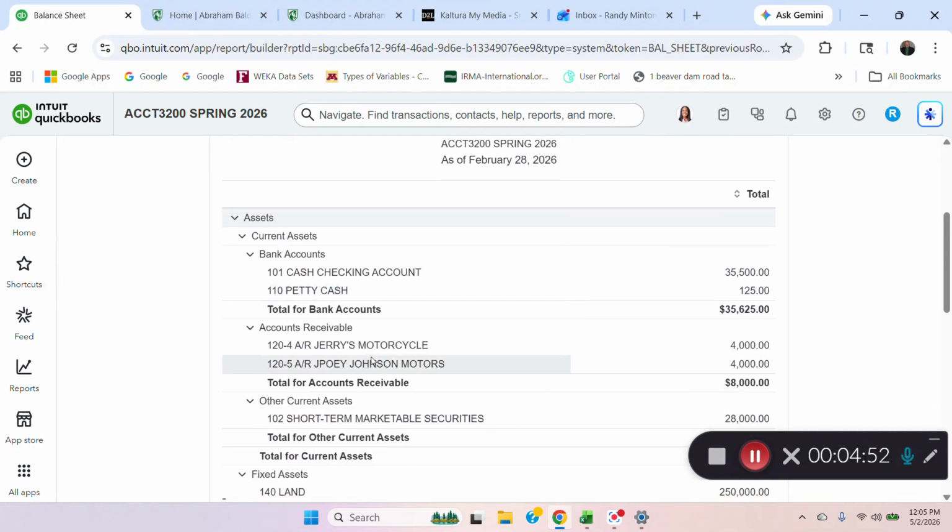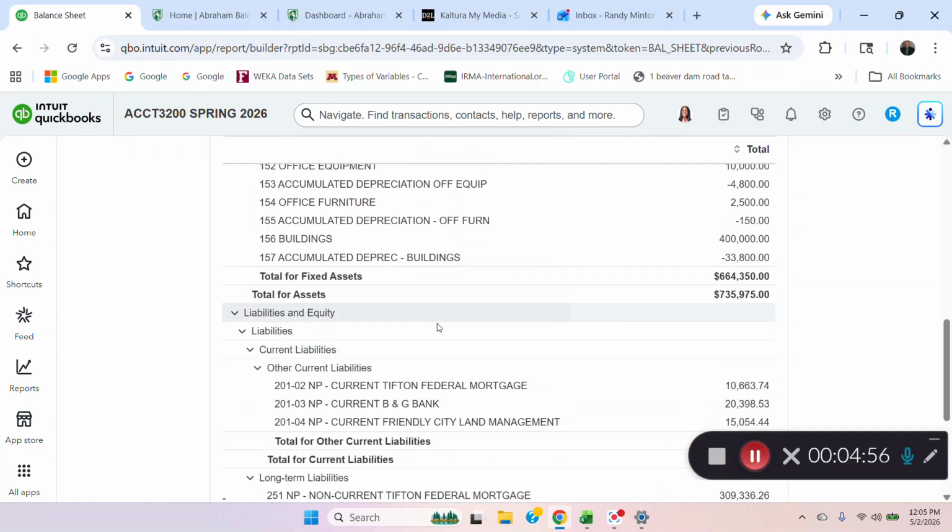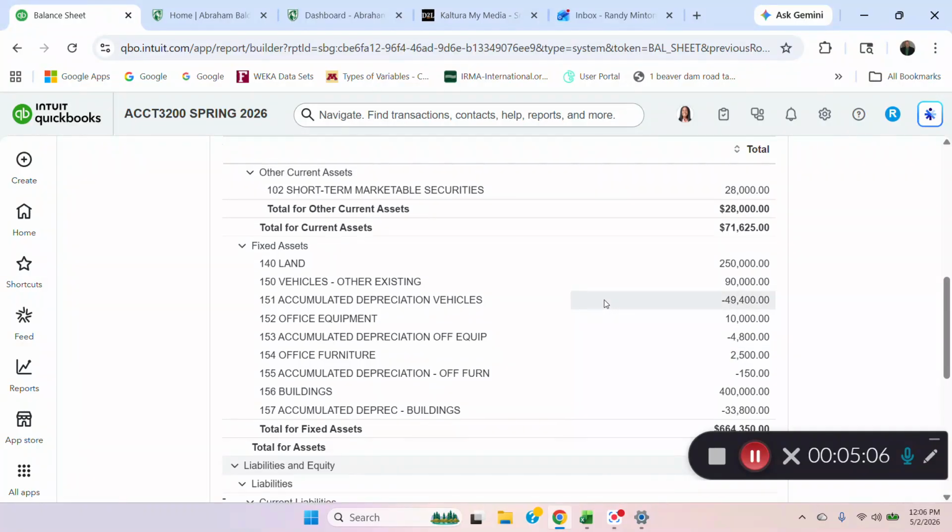And as for the balance sheet, when I do, you notice that again, that total for assets is different than you saw over there on the trial balance, which was 824,125. And again, the difference is that on the trial balance, if it's a credit, it shows up on the credit side. On the balance sheet, however, we take into consideration a reduction here for all of our accumulated depreciation